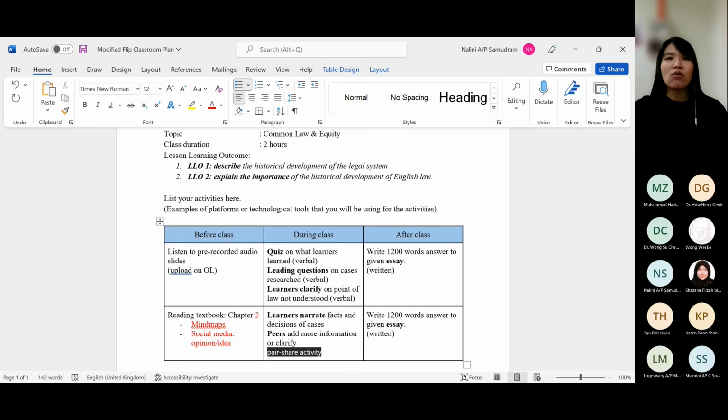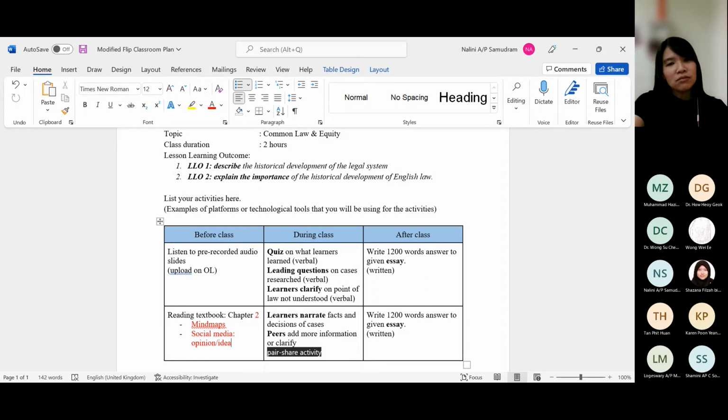Then they will know that, oh, actually the public or my friends or my family members, when they see this, they don't actually know that there's such a law or such things that they cannot do or can do. Something like that. Okay. I'm not sure whether it is relevant to this particular topic.